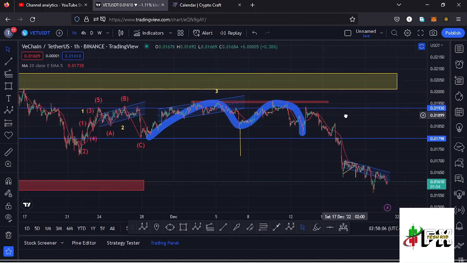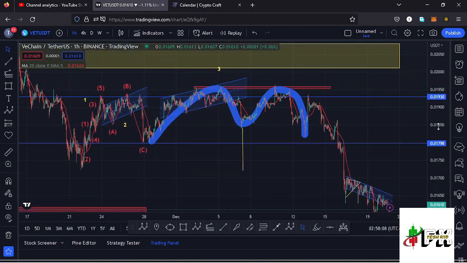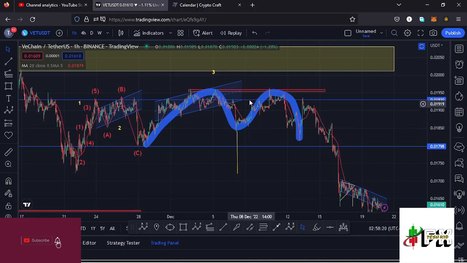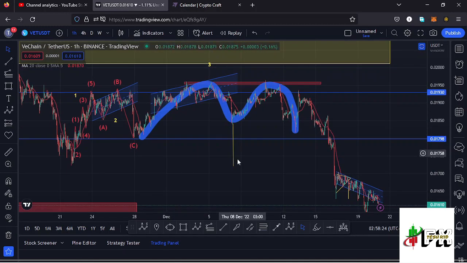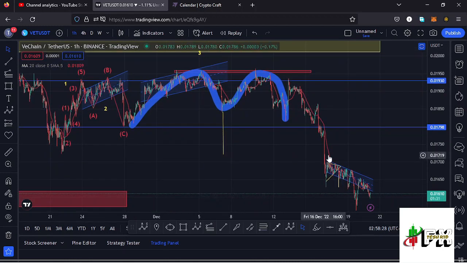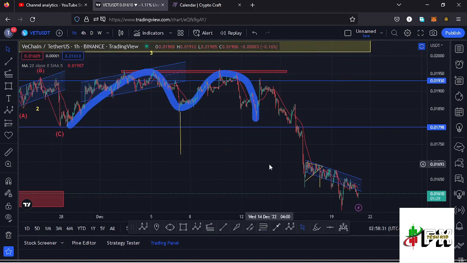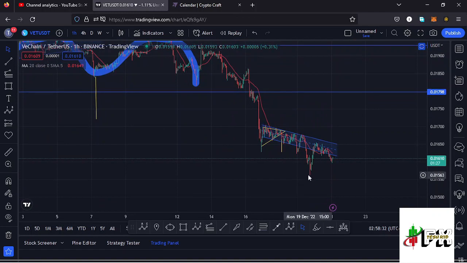And in the formation of that higher Elliott wave count 3, we lost our impulsive nature after losing the wave 1 high, and we continued pushing even lower. We also saw the formation of a double top, which is a chart pattern that normally breaks to the lower side, having the minimum target area of the breakout as the height between the tops and the neckline, which gave us a minimum target area back to around the $0.0178 mark, which is a target area that we fully maximized and continued pushing even lower, making our new low at around the